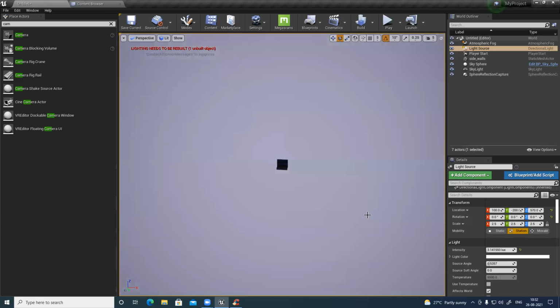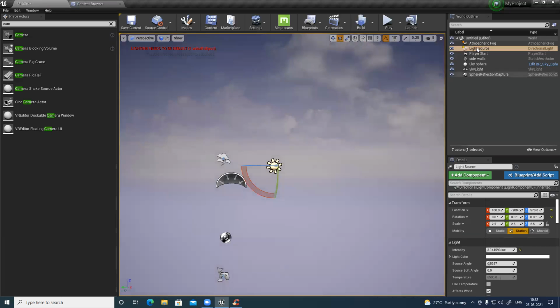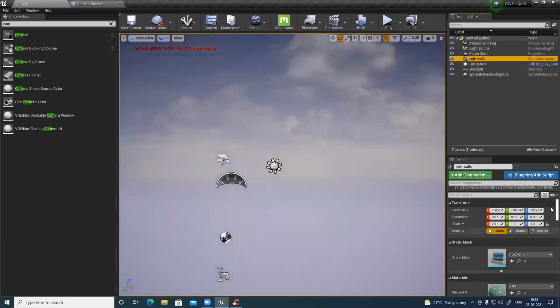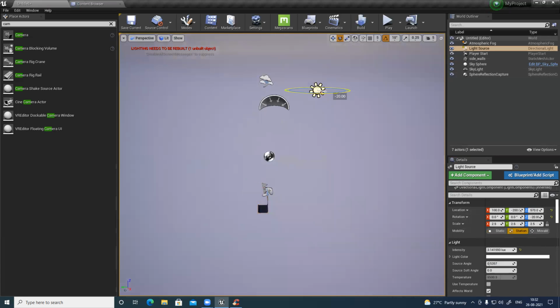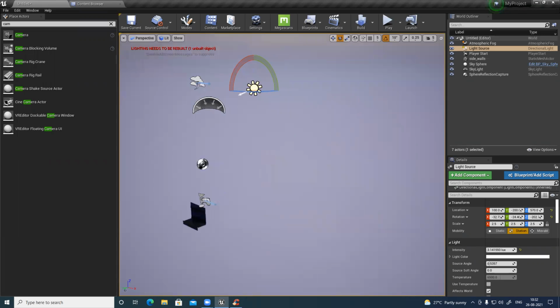Where is light? Okay. Oh, this model is somewhere. Okay, location is correct now. Yeah. Now I have this light. Let's rotate the angle slightly. You can see this shadow nicely.